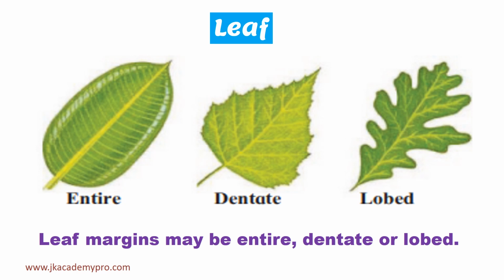Now, if you look at the edge, that is the margin of the leaf, some of the margins of the leaf are entire, that is complete. Okay, so they are the entire. Now look at the second picture. You will find that there are tiny dents. They are not smooth. It's not going round smooth. Okay, so these are called the dentate. And the third type are called the lobed. You can see it in the third picture that is given. So these are the three different types of leaves that we find, and that is how they have been identified.